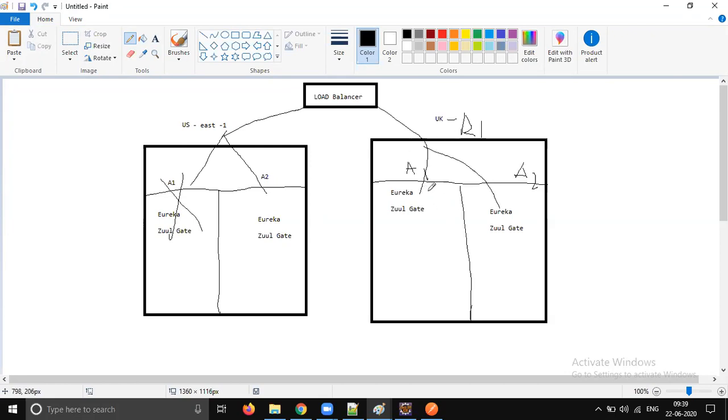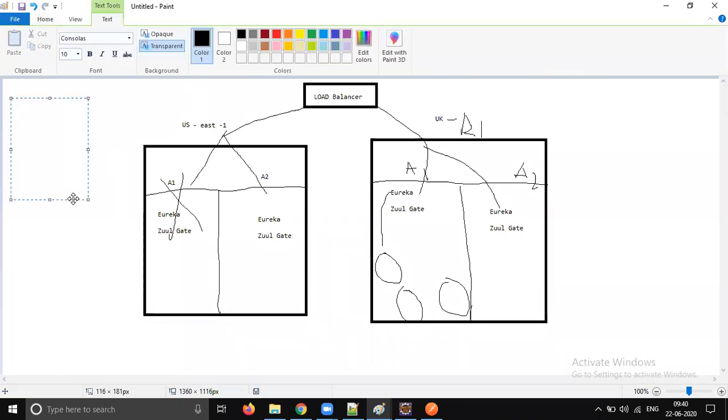Okay, so in one availability zone, you have one Eureka server and you run multiple instances, right? This Eureka server is responsible for managing these instances. The same concept applies to Kubernetes also, more or less. So in the olden days, this is what the architecture was, but now all the clouds have dedicated services.